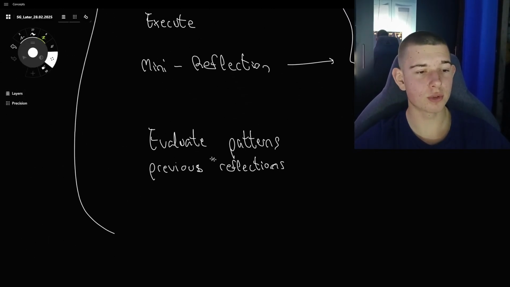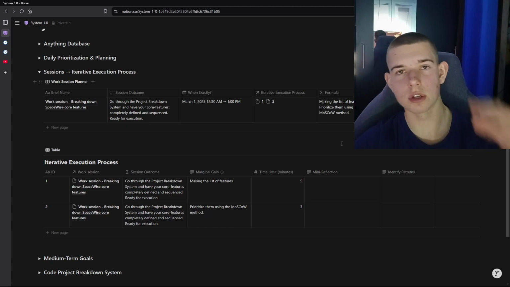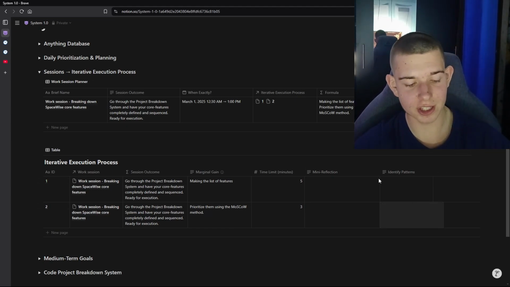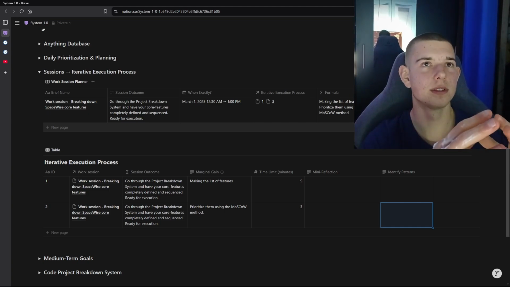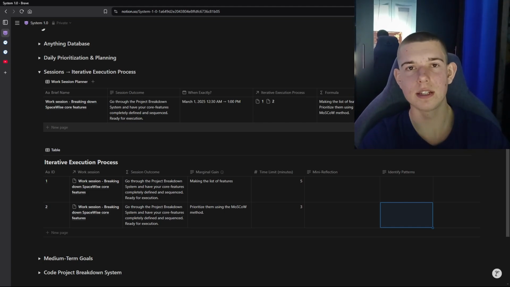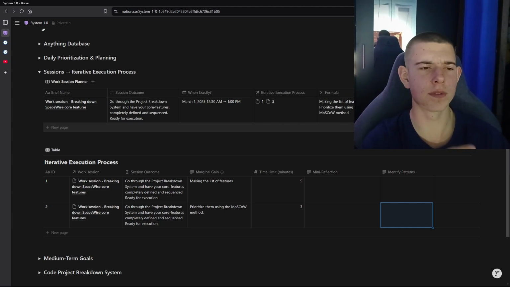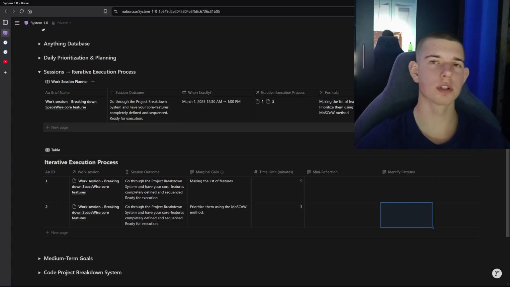And then I'm gonna evaluate the patterns of the previous reflections. So if I have reflected over here and said that I find it really difficult to experiment and to make mistakes and learn from them because I'm afraid of that,